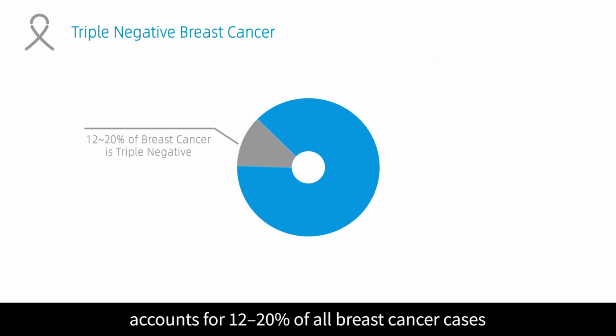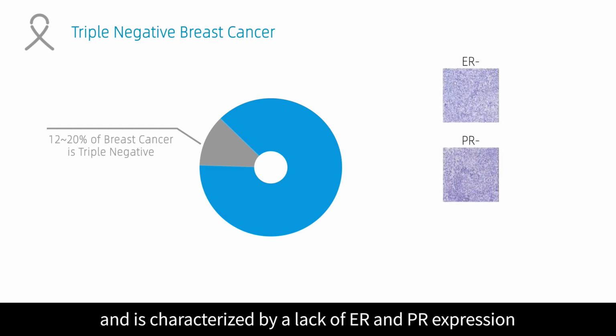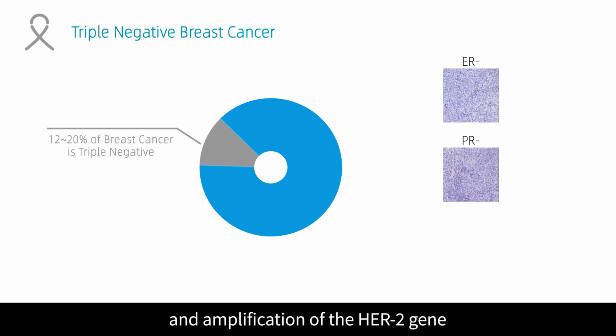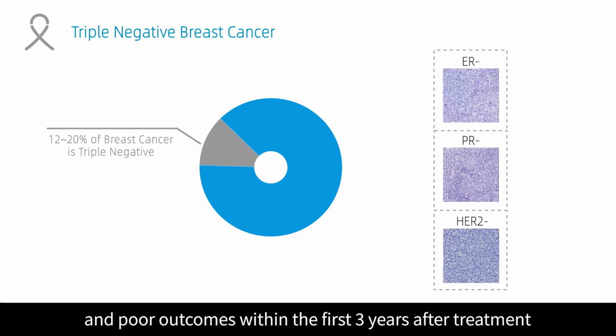Triple-negative breast cancer accounts for 12 to 20% of all breast cancer cases and is characterized by a lack of ER and PR expression, combined with an absence of both overexpression and amplification of the HER2 gene. Triple-negative breast cancer is associated with a high rate of relapse and poor outcomes within the first 3 years after